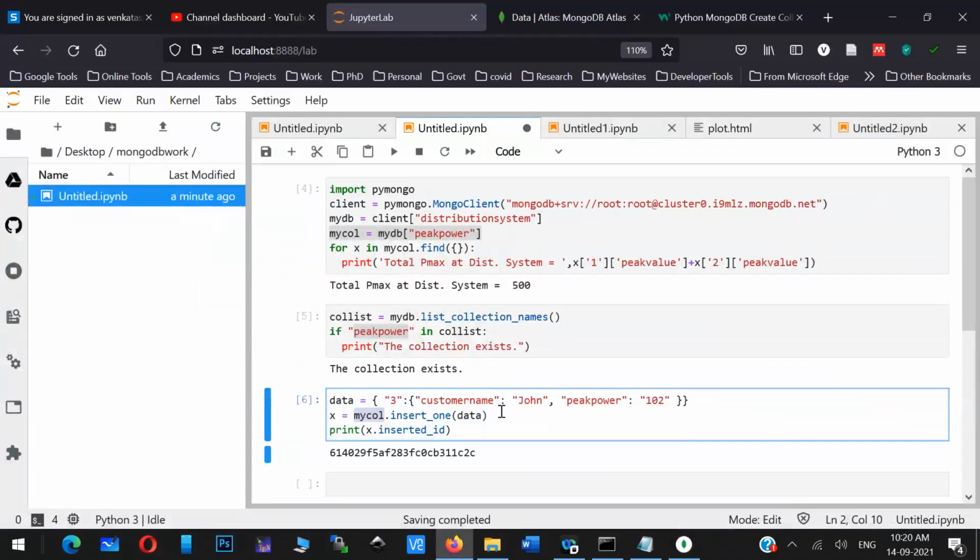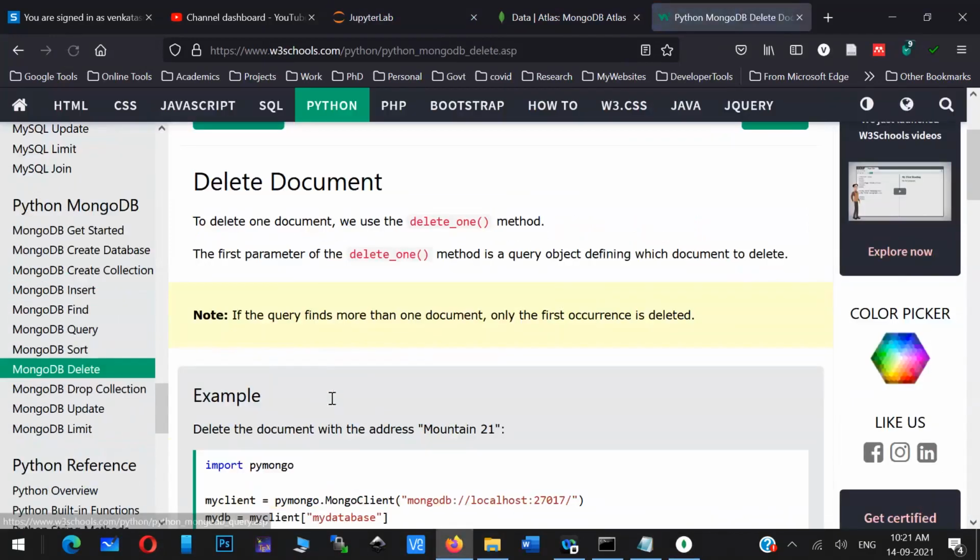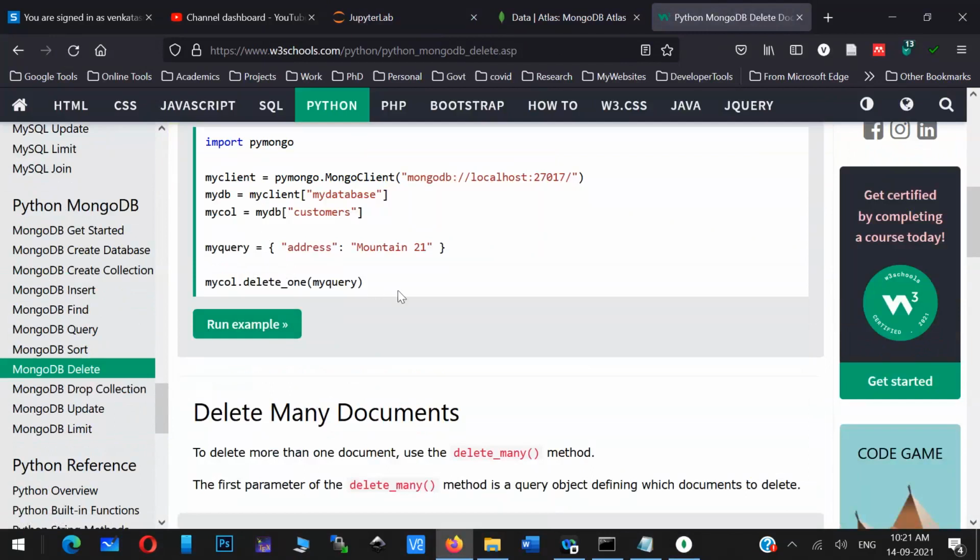Okay. So now what we have done, we have created a database and we have done the operations on that particular database from Python. So similarly, you have different types of queries, like you can sort, you can delete. Okay, so those queries are also present. You can simply run this one and you can test whether you can do that particular part. Okay, so just take that as an assignment.